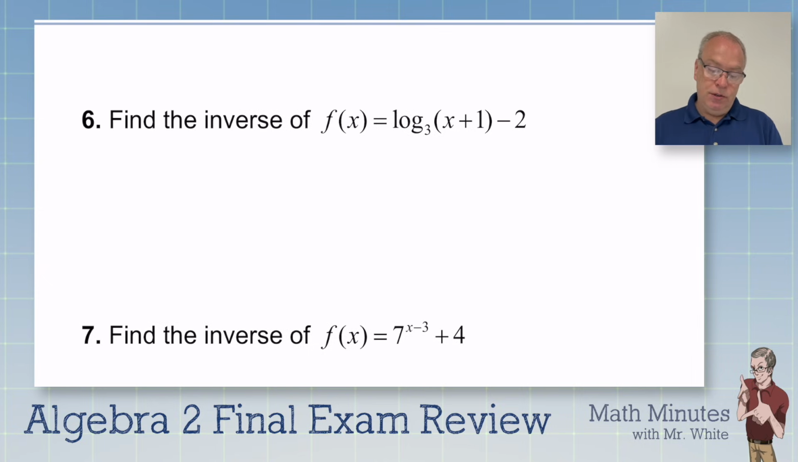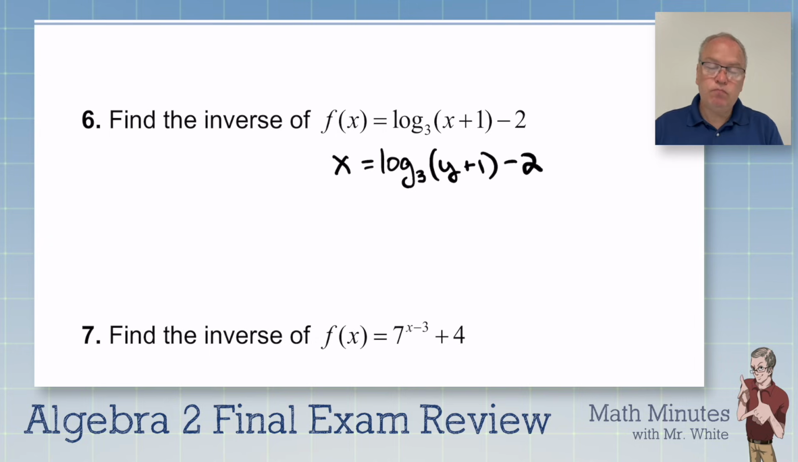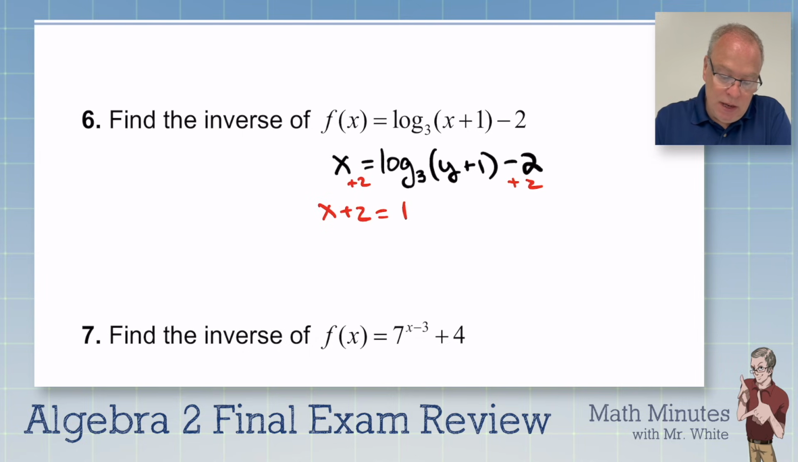Find the inverse of this here. Well, let's start by switching x and y. This is going to become x equals log base 3 of y plus 1, minus 2. We have to figure out how to get y by itself, and it's stuck inside a logarithm. So first, I want to get rid of that negative 2 and just have it pop up on the other side. I'm going to add 2 on both sides, so x plus 2 equals log base 3 of